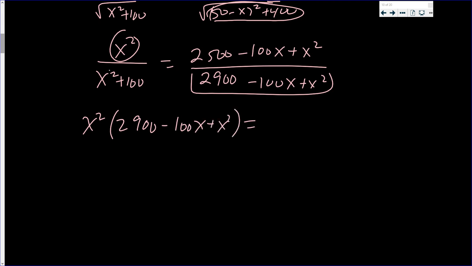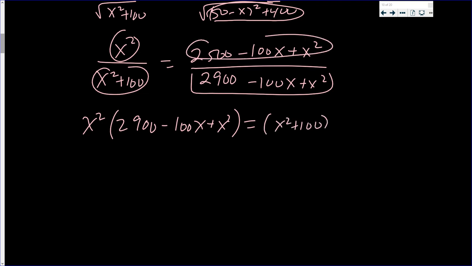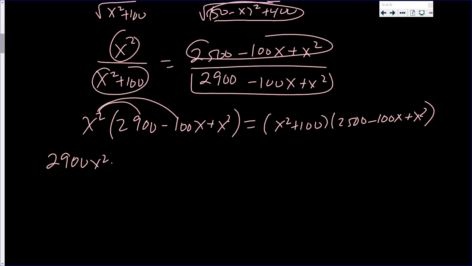And this is equal to this times this mess, which is 2500 minus 100x plus x squared. Okay, let's keep doing this. Well, that gives us 2900x squared